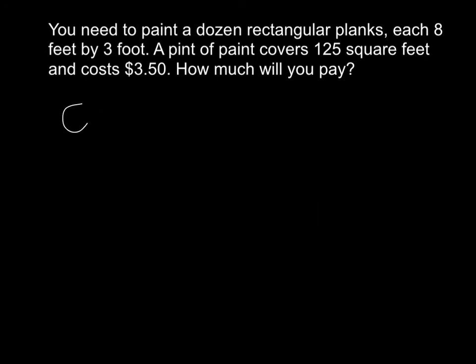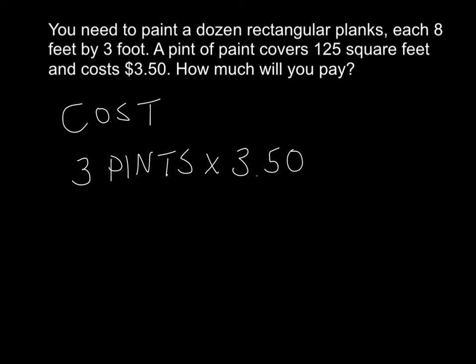So now we have to find the cost, and the nice thing that we're dealing with here is we've got 3 pints times, we know how much each one costs, $3.50. So that is $3.50 per pint. And of course the nice thing that happens here is that pints and pints cancel out. So what we're going to be left with is